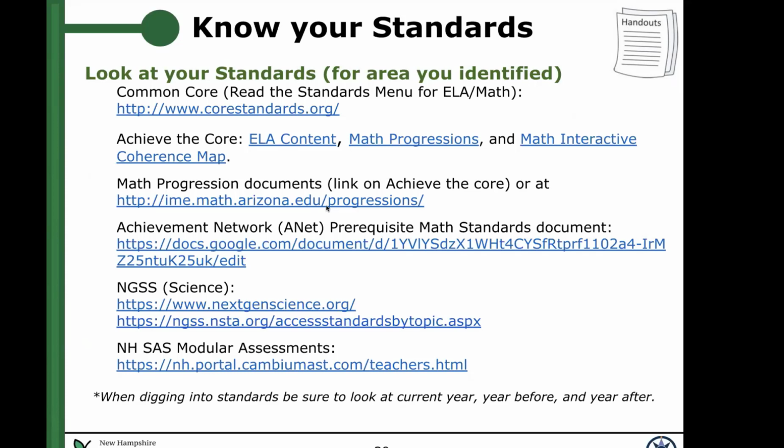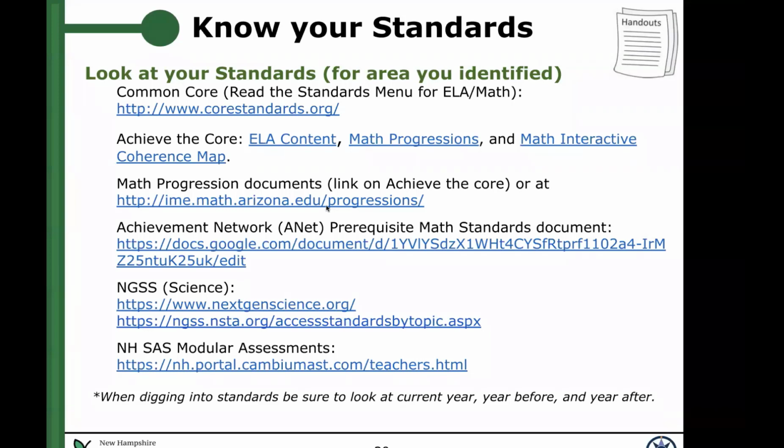The question here, we do have a question that says, does Cambium have a training module to navigate all of these resources? It does not. Once you get on that website, that's New Hampshire portal cambiumass.com, at the top of the page, you just click on resources and it will give you a list of all of the resources, and there's a little search criteria in there. But I will tell you that the PLDs, the writing rubrics, those are the 2 biggest resources. There's also what's really helpful is a vocabulary list for every grade level that does New Hampshire SAS.